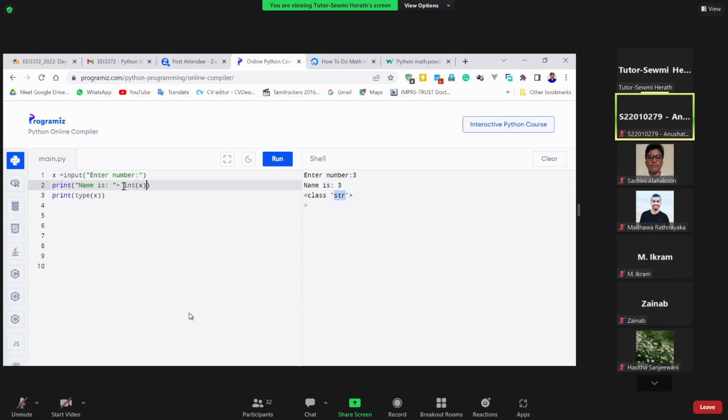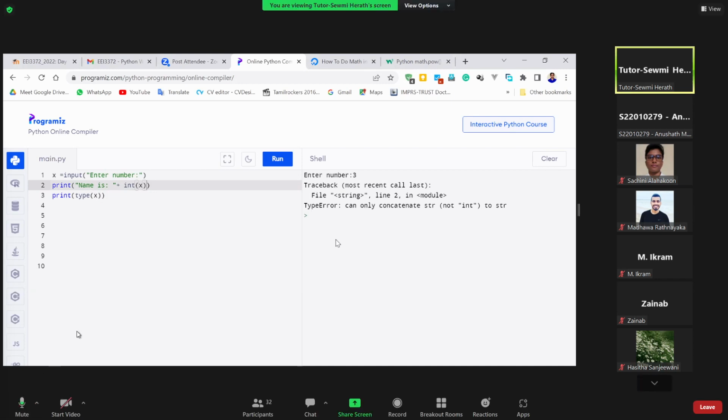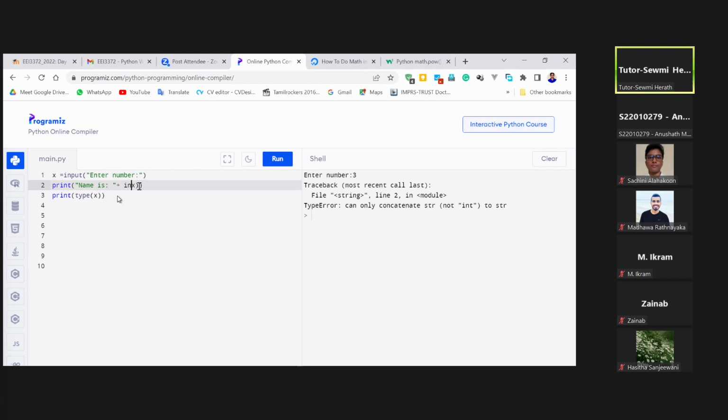Yes, so this is what we call typecasting, right? But in here it doesn't convert to a string. Let me check. I don't think that this is the best way, but